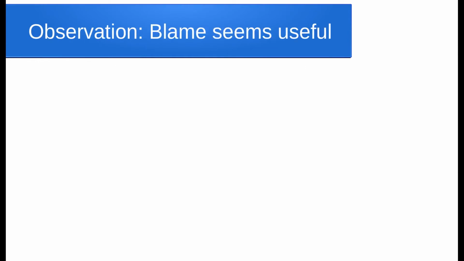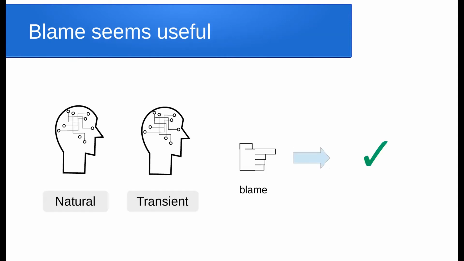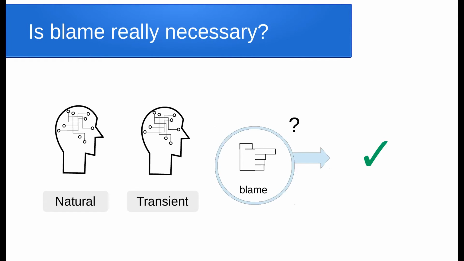So now we've seen how the rational programmer simulation distinguishes between the information each of the semantics offers for locating the source of type value mismatches, and I want to make an observation, which is that blame seems to have been useful. Both the natural and transient modes were able to use blame to successfully locate the source of the mismatch in the example. But was blame really necessary for the rational programmer to succeed? In particular, both of these semantics provide blame in addition to dynamic checks, and it isn't clear if we can attribute the success to the blame alone.